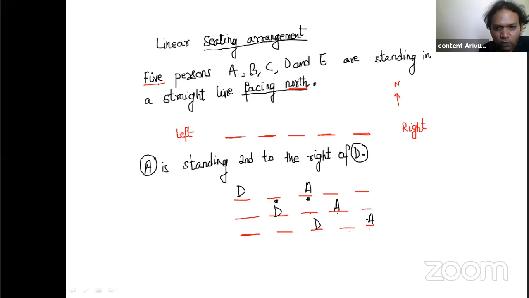Now let's see here what we need to do. So that means one statement alone is not sufficient. We need something else. So let's say that E is not an immediate neighbor of A. So one very important terminology I'm going to cover for you here. E is not an immediate neighbor of A.